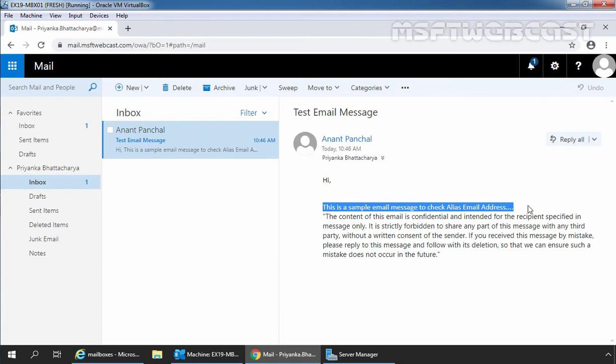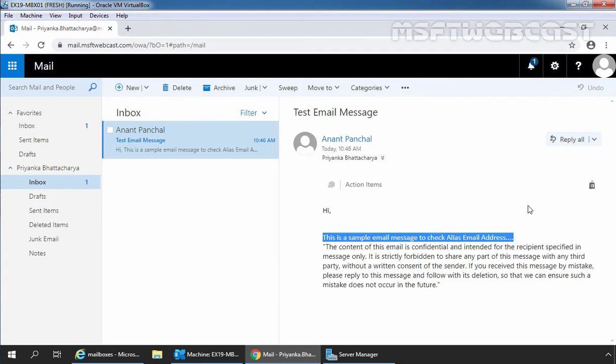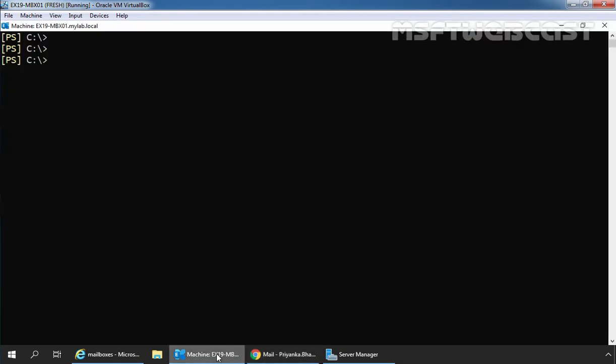Now let's jump to Exchange Management Shell because we also want to see how we can use the Set-Mailbox cmdlet to add an alias email address to the mailbox. We'll use the command Set-Mailbox. Then we need to specify the -Identity switch.